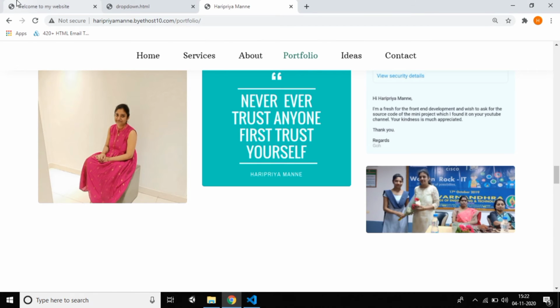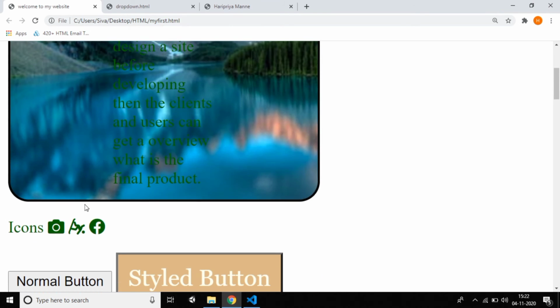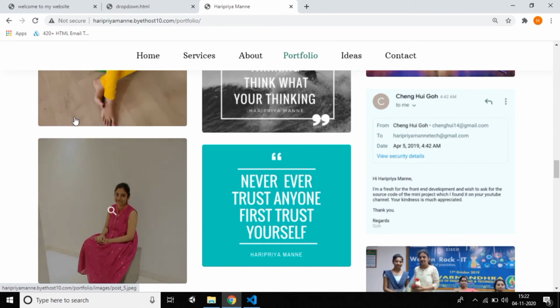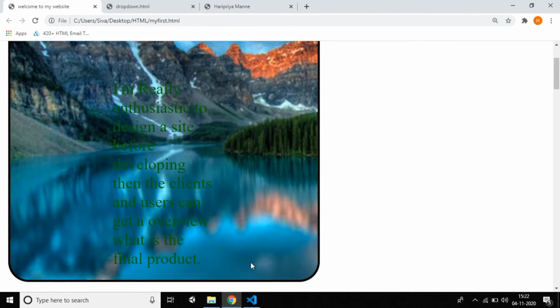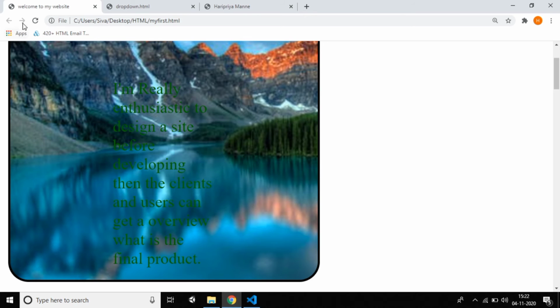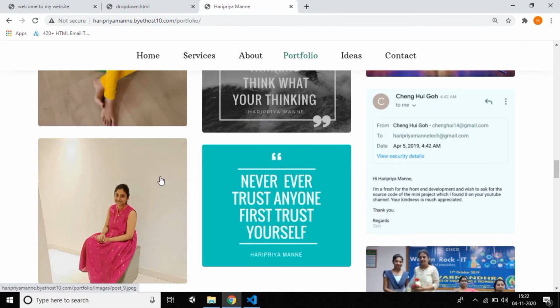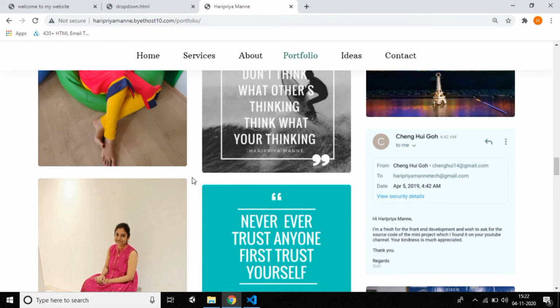Just reload it, and yeah, in the background the image has rounded corners. The best example is my website, where every image is lightly rounded. If you want 10 pixels, just decrease to 10 pixels and reload to see the difference, lightly rounded. On my website it is slightly rounded because I gave 10 pixels or 5 pixels.